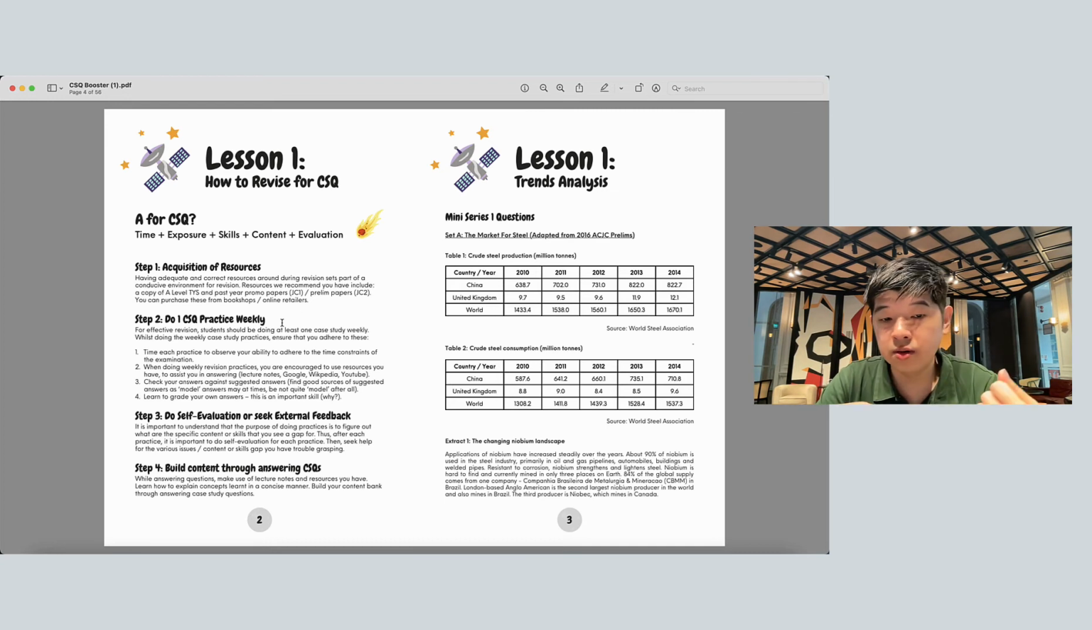Then after you have done your practice, check your answers against the suggested answers. You will want to find good sources of suggested answers as model answers. Sometimes the model answers are not that good, so you need to make sure you have good quality answers that you can reference. Lastly, using these good quality answers, you will want to be able to grade your own